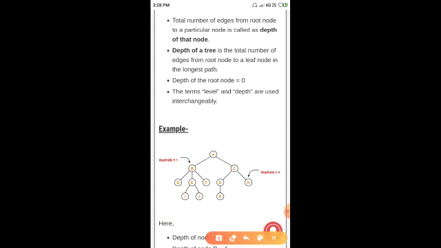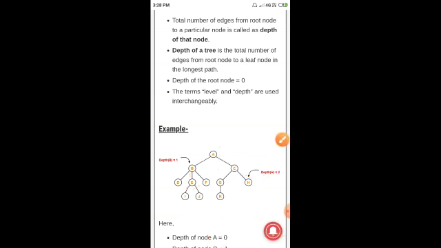Suppose I want to calculate the depth of this A. To reach A, how many edges are there? 1, 2, so the depth of A is 2. Similarly for H, from here to the root node, how many edges are there? 1, 2. So the depth of H is 2.